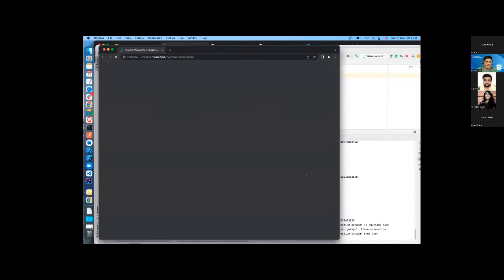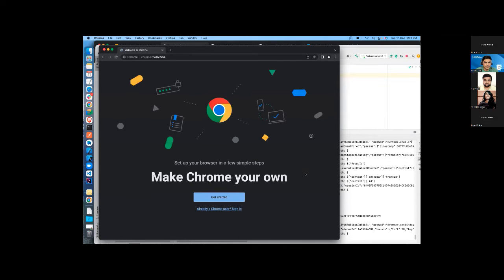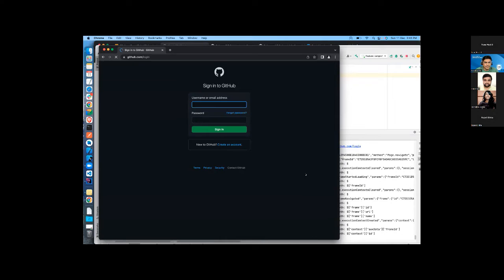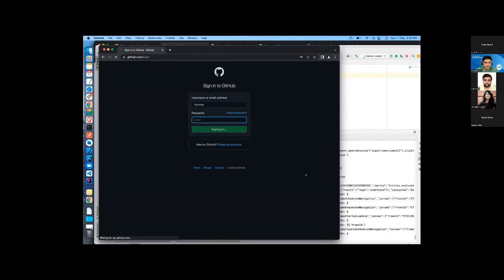As expected, we have Chrome coming up. It's again signing in to GitHub with the username and password.